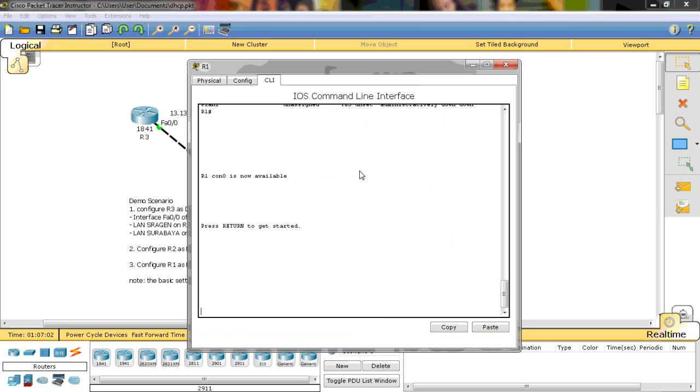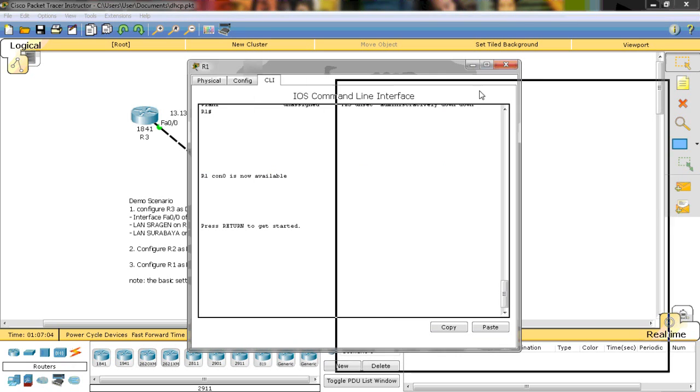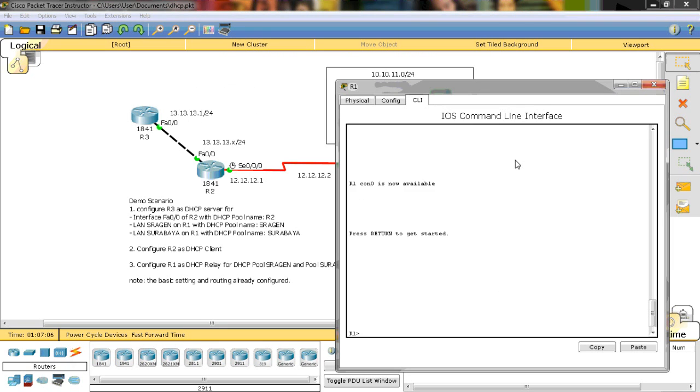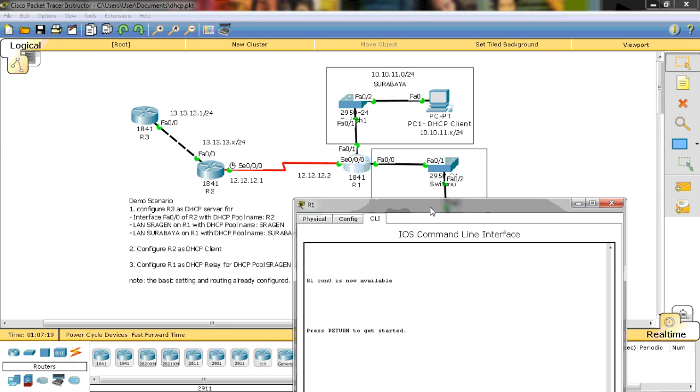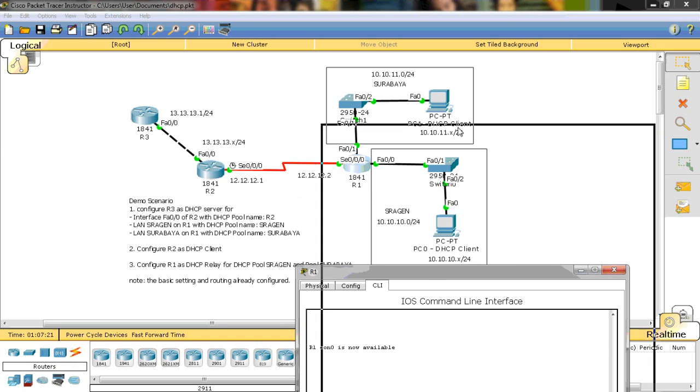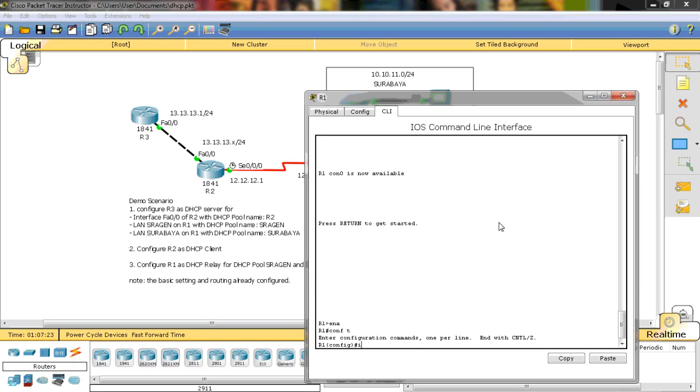And then we move to the R1. Okay, we need to configure this as a DHCP relay for the Sragen pool and Surabaya pool. So we go to interface FA0/0 for the Sragen. Okay, interface FA0/0, ip helper-address.